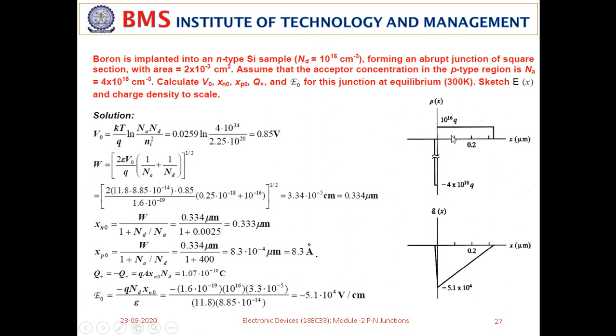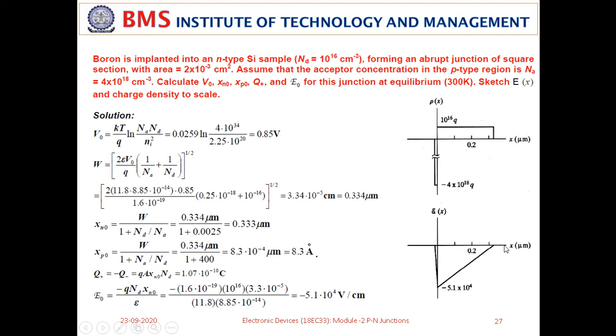So the entire x-axis we have taken in micrometers, therefore this distance is very small. Next, below that you can draw the electric field as a function of distance. This graph should be drawn according to this scale. You cannot draw randomly. We know that the electric field is an inverse triangle. You can see that it decreases, and the field will be maximum here, and it goes to the positive, and it touches the x-axis here.